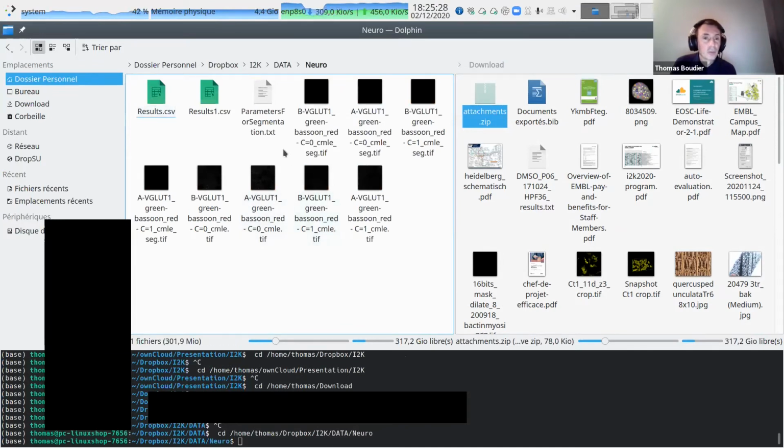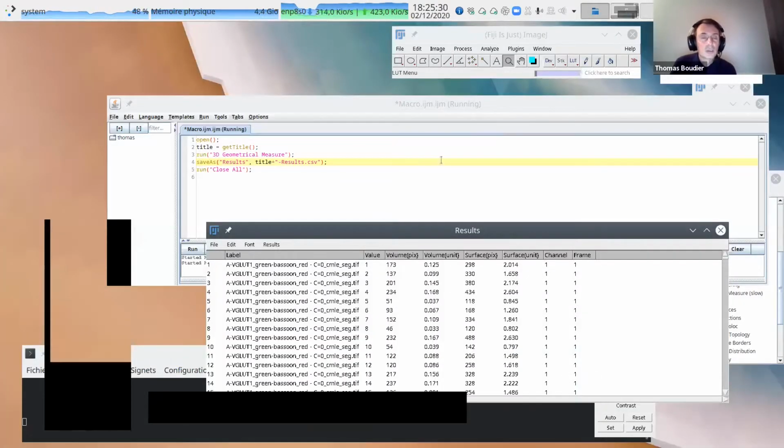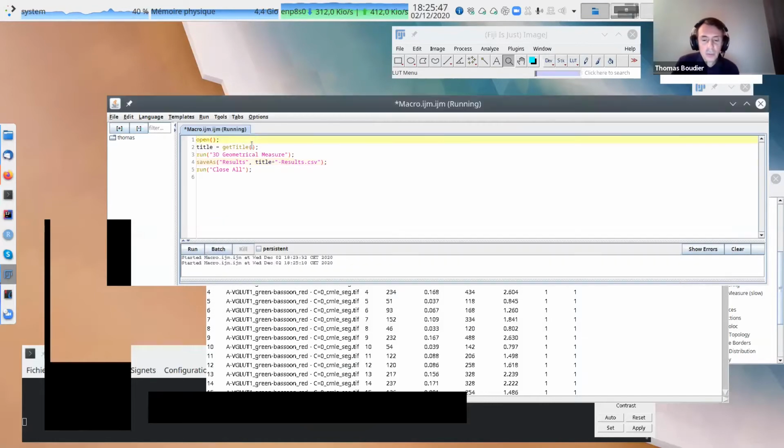No, no. So this is something I don't like about ImageJ. There's one default folder for saving, and I have no idea where it is. We save things, but where? Don't know.